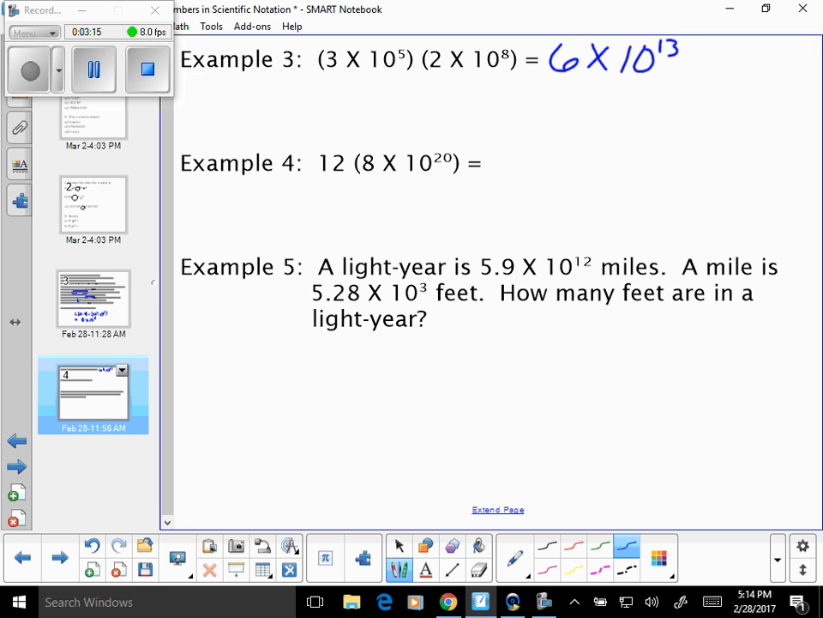12 times 8 is 96 times 10 to the 20th. The problem here is that 96 times 10 to the 20th is not scientific notation. I need to put a decimal point in between the 9 and the 6. So that means that decimal place has moved one more place. So it's 9.6 times 10 to the 21st. With example 5,